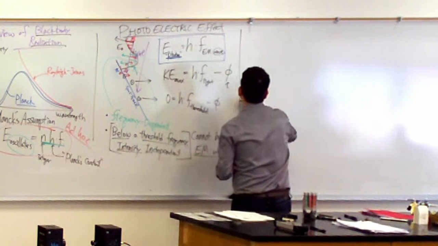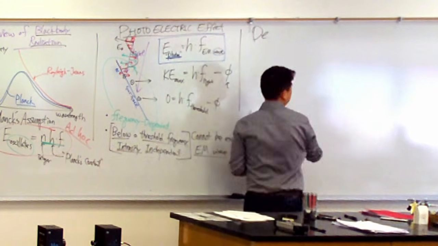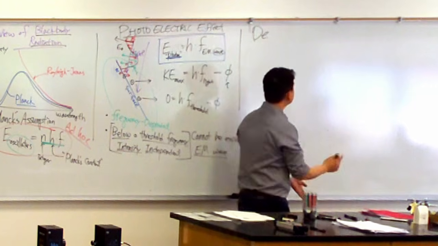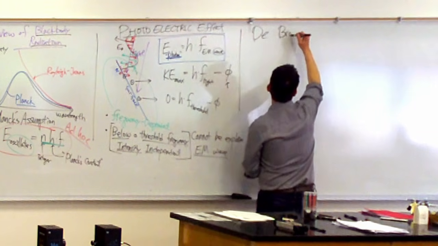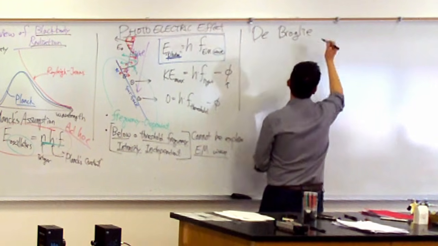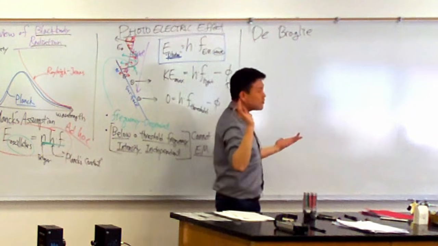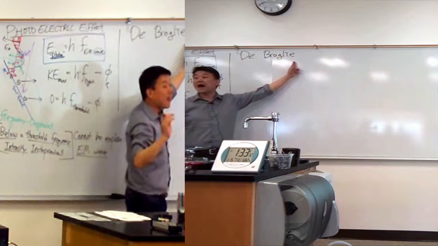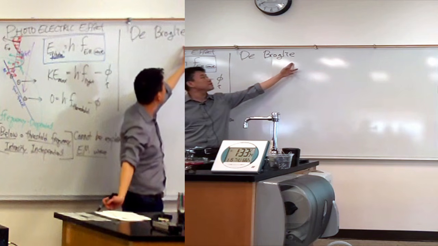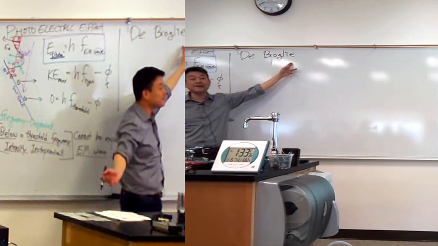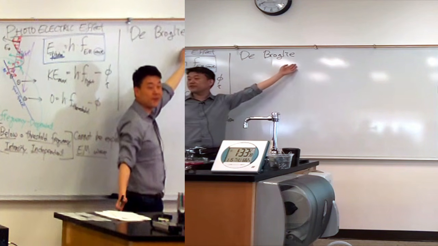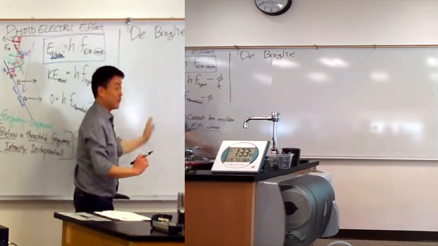So, by the way, I think he's a French physicist. I'm just never going to pronounce it. Does anyone here speak French, by the way? No one here does? I keep asking every semester. I don't know how to pronounce this. I say de Broglie because when I try to say it properly, I can't really say it right. If someone knows the correct pronunciation, teach me. I'm just going to say de Broglie.